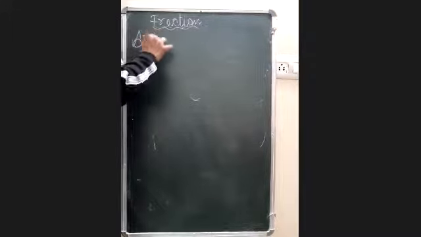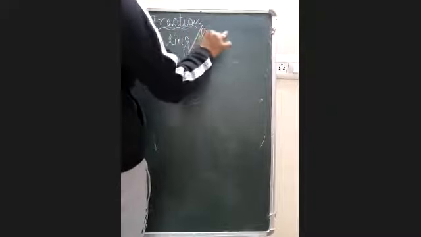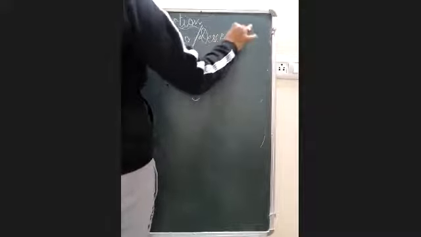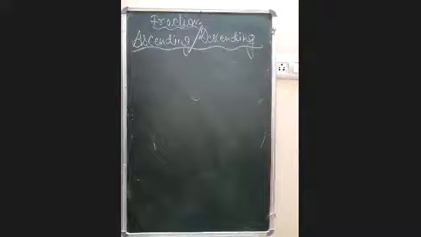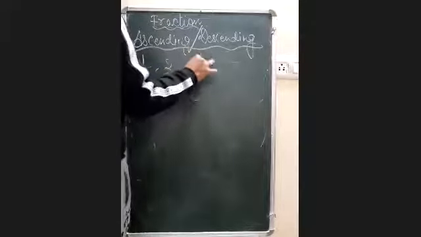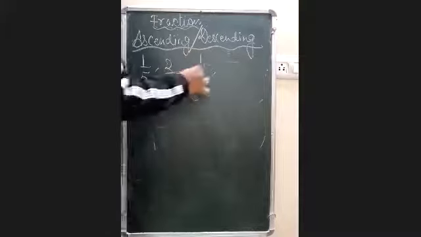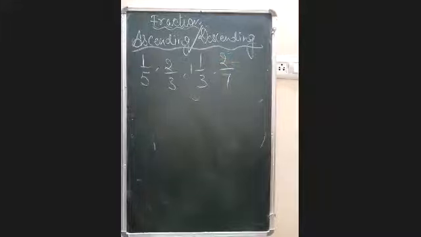Okay, now tell me, is it clear or not? So I am taking the next question, that is ascending, or the question can come of descending order also, because both the process are exactly same. Only the last step will become different when you are arranging it. Otherwise, the whole process will become same. So suppose the question is 1 by 5, 2 by 3, and one whole 1 by 3, and another one is suppose 2 by 7. Suppose this is the question. Okay, I have given you here 4 numbers.